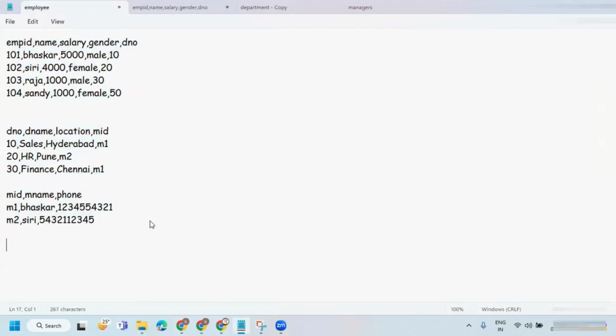My output should be something like this. I'll give only the column structure, what I'm expecting.